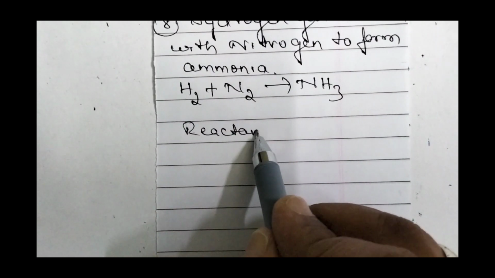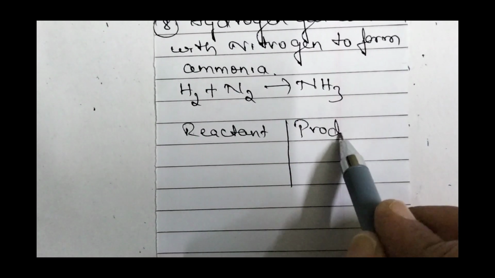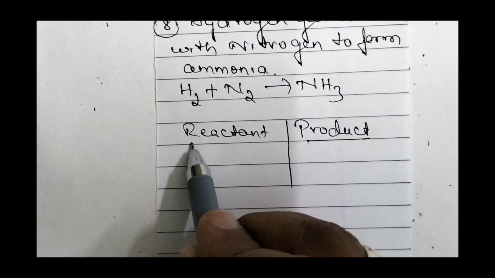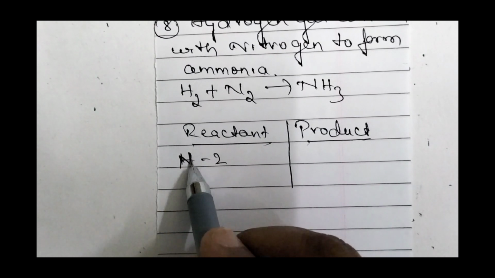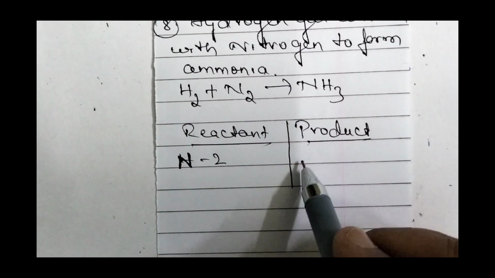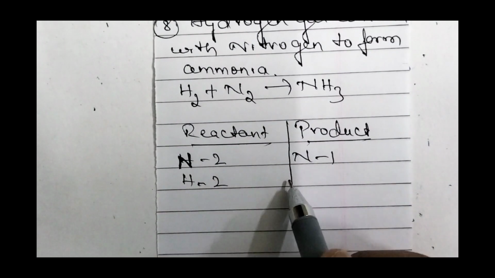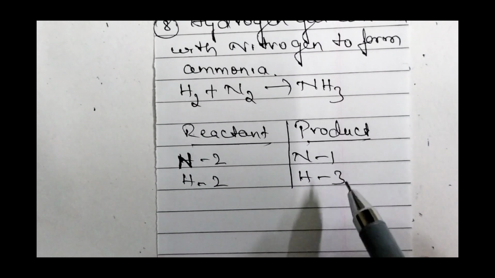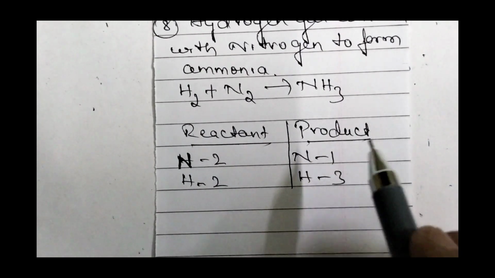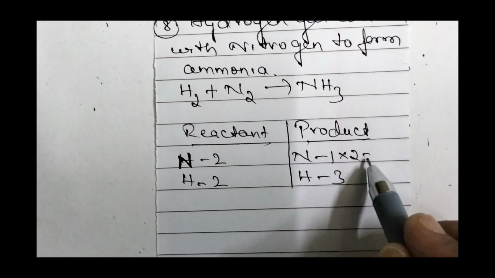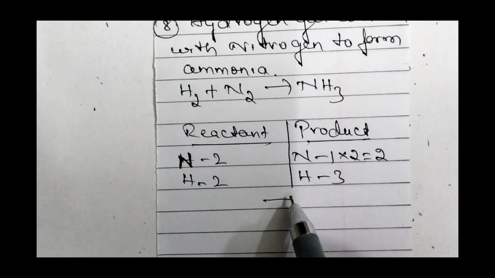So reactant and product. So reactant hydrogen 2, first we have to write nitrogen. So nitrogen 2 is there, this side nitrogen 1, this side hydrogen 2, this side hydrogen 3. Now let us balance first nitrogen. So here 2 is there, here 1 is there. So 1 is multiplied by 2 to get 2. This 2 we have to multiply here. So give rise to